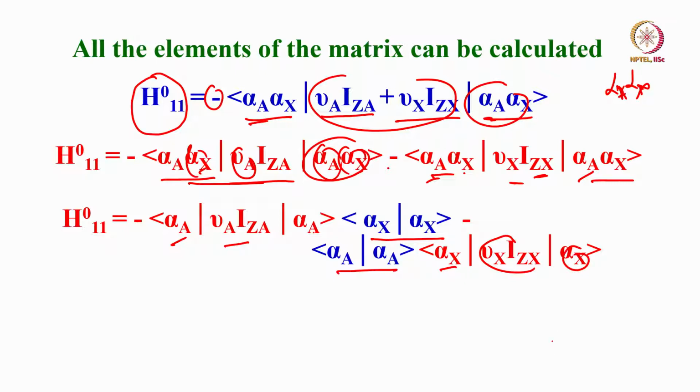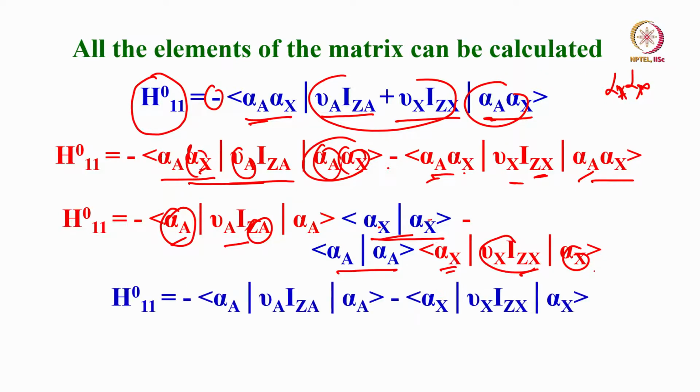I resolve the terms depending upon which spin is operating on which nuclei. So in this case, I mean which wave function is operating on which nuclei. Now in this case α is operating on A, so I took A here, and x was not operating, I just separated it out. In this case the x wave function is operating on x, so I took it like this.